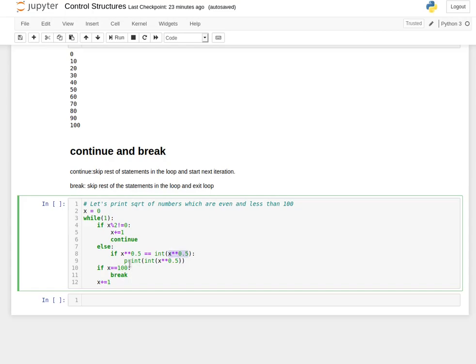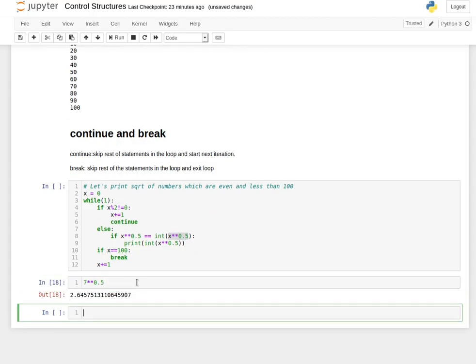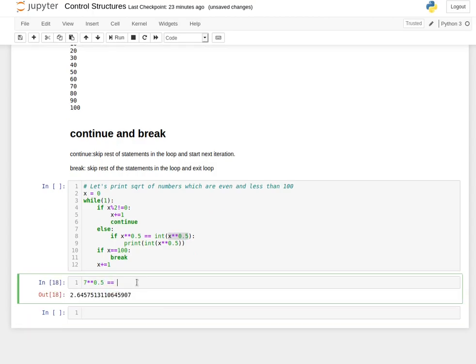Now why it's necessary is, let's say the square root of 7 is 2.64. If I compare it with the int value of 7's square root, it will return false, while if I just take 4 here, it should return true, because this is 2 and this is 2 as well.